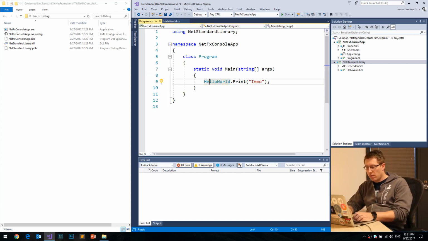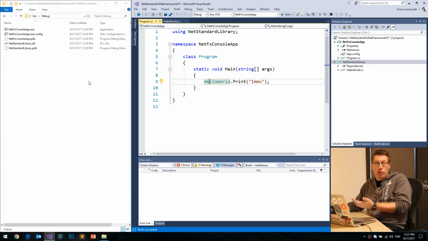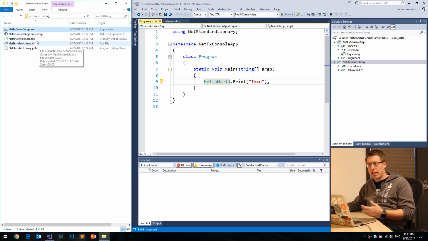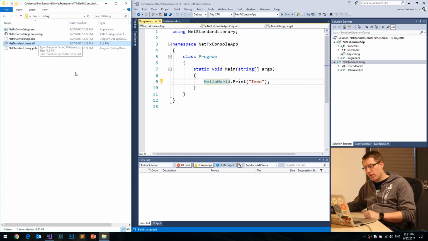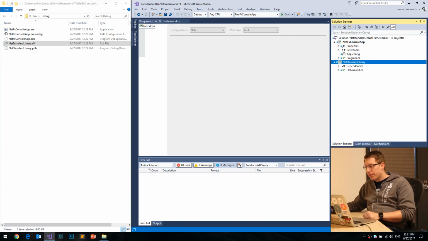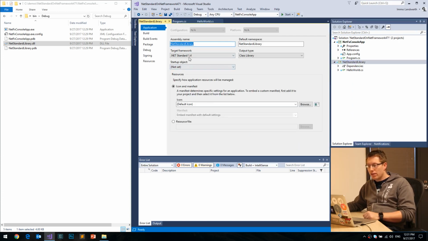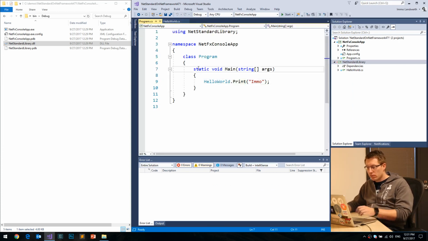Well, it basically means if I build my application project, your output folder is essentially what you would expect. It just contains your console app, the class library, and then the PDB files and the config files, but you're used to that. Now, if I retarget my class library project to take advantage of .NET Standard 2.0, and I rebuild my application project,